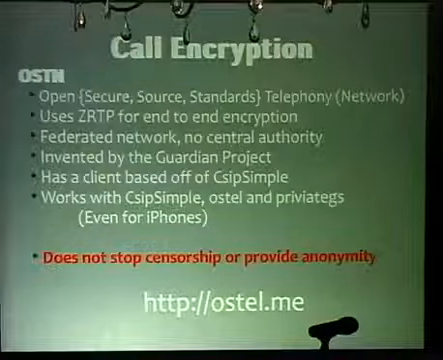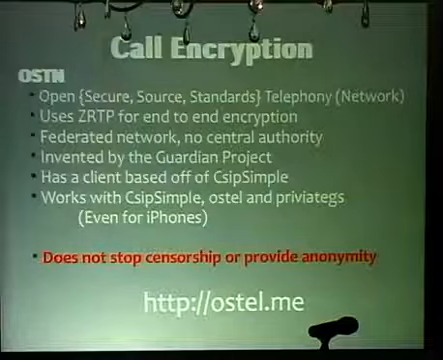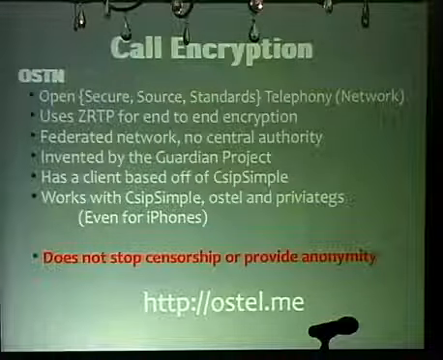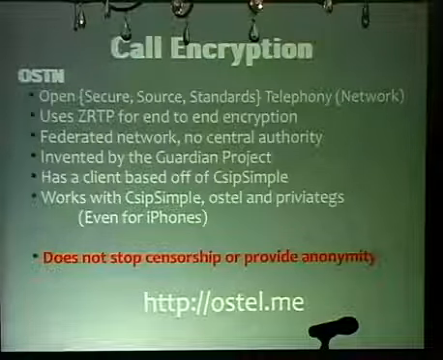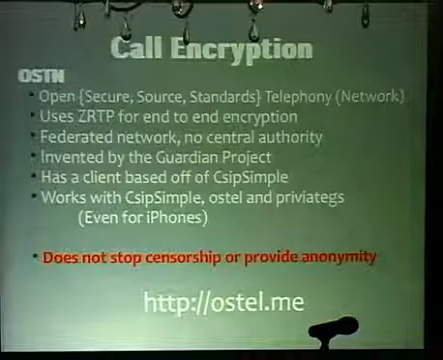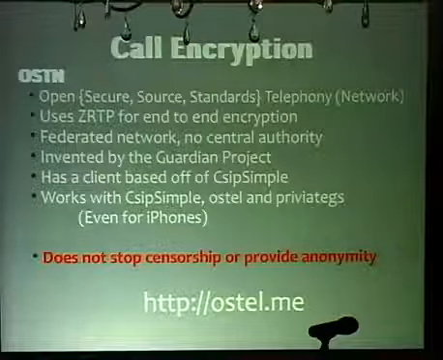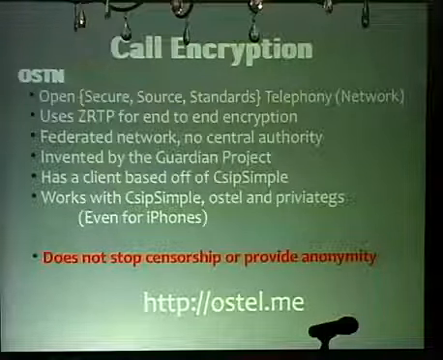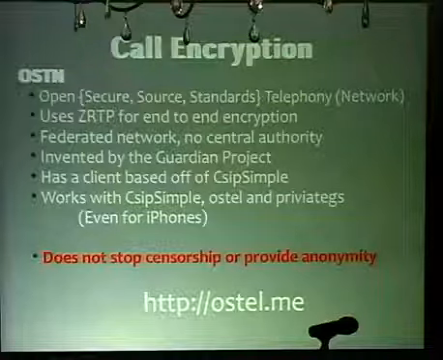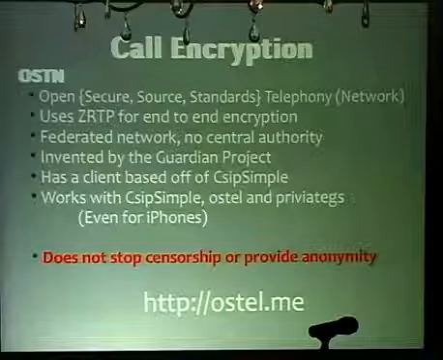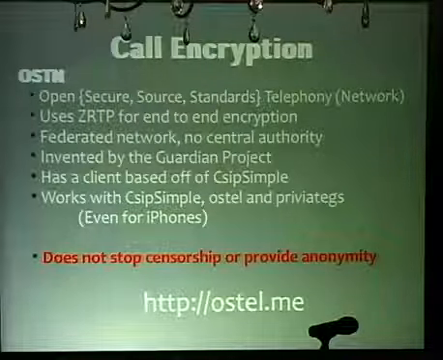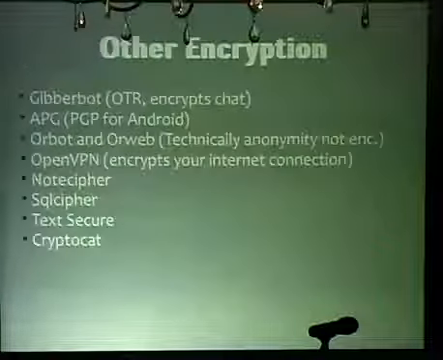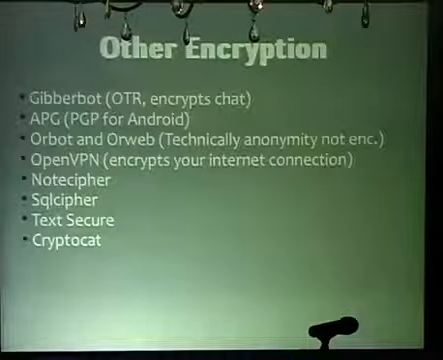And they have a client based off of CSipSimple, which is the gold standard for voice over IP for Android. It's open source, and it's great. But it works with their own client, which is called OSTel. And it works with a client called PrivateGSM, which runs on Android, iPhone, and even BlackBerry. So you can have encrypted conversations with all your friends, which is great. So definitely check out ostel.me, and if you want my VoIP phone number for an encrypted phone call later, I'll give that to you. I don't know why you would want to call me, but